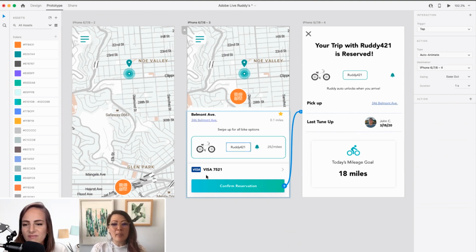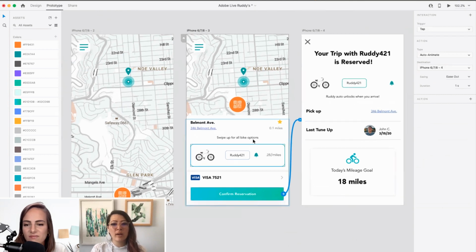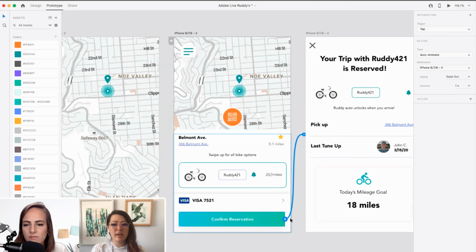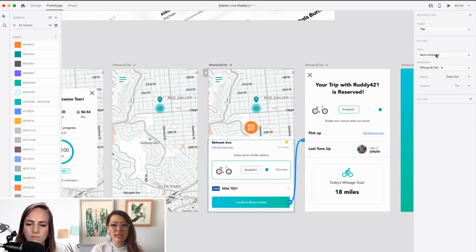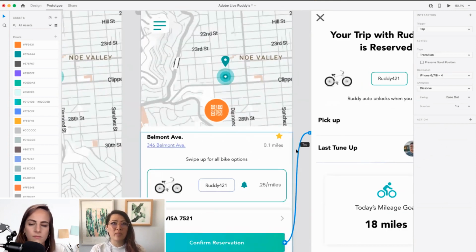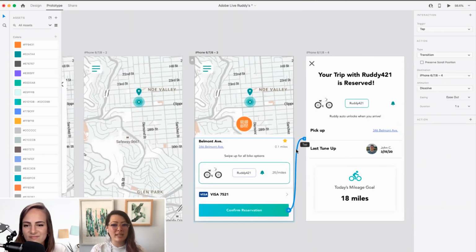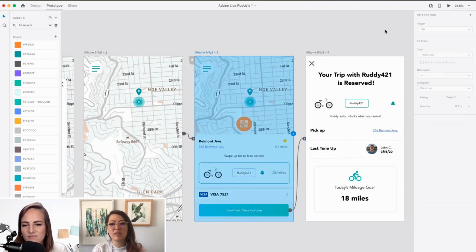I'm glad we went back because what the prototyping mode does is every last transition you created, it's just going to mimic that same transition. So I had previously done an auto animate, and actually I didn't want auto animate. I want a transition. So you just have to remember, it's really helpful sometimes, but then I sometimes forget that it always takes in the last input. And I think sometimes it should default to nothing, just a simple transition. But you know, it helps sometimes.